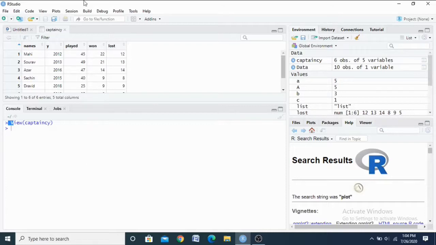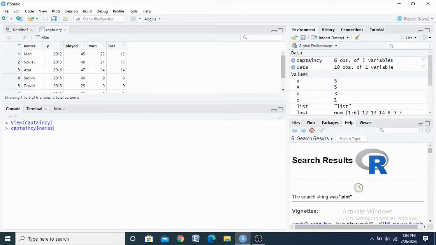So now I type captaincy, it automatically comes, then I use a dollar symbol to extract the columns. In this captaincy data frame, how many columns does it have? The names column is there, year, and then played, won, lost. Now I am getting only names, just give the enter.